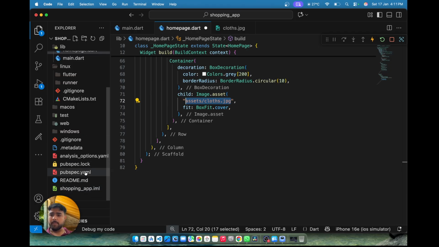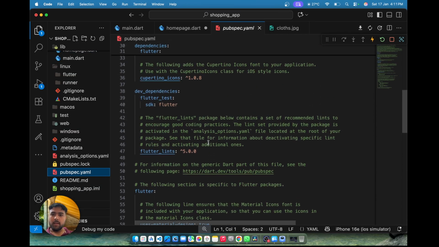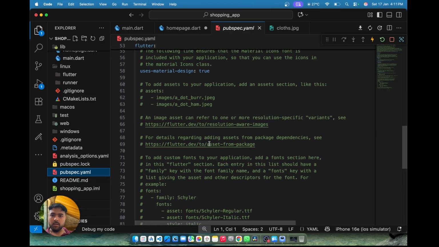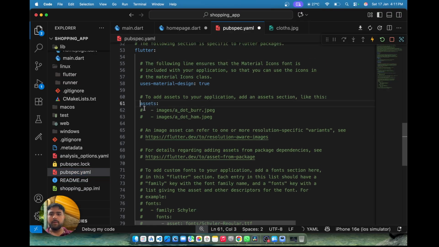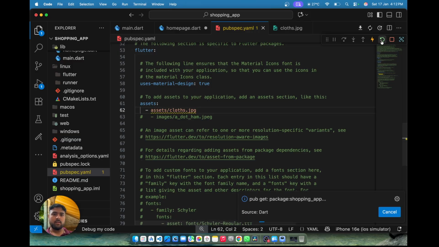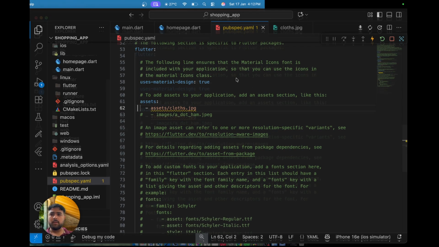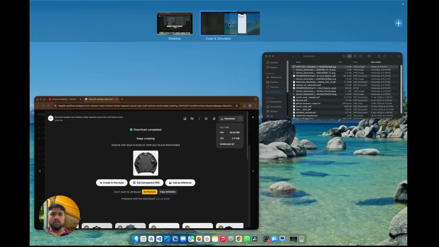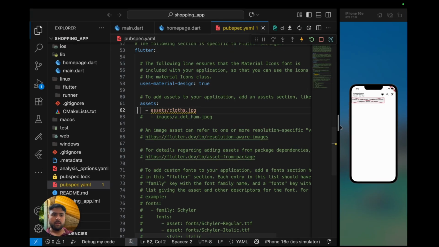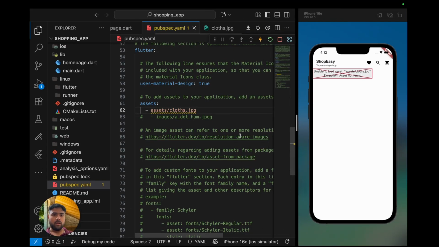So we need to go to pubspec.yaml, and here we need to uncomment this and remove this, paste this here and remove this, and we need to save this and rebuild our app. So let's make this big again. Emulator here. I think now also it fails to read the